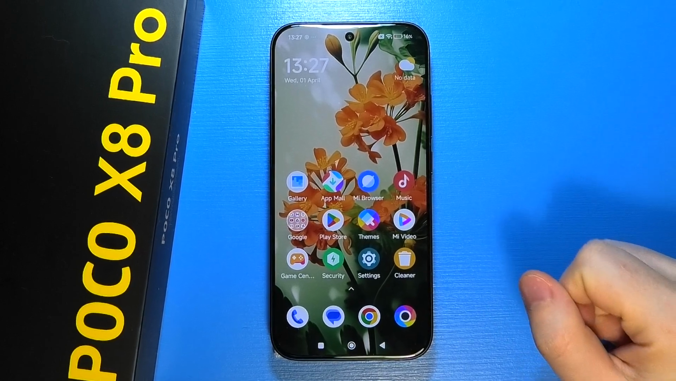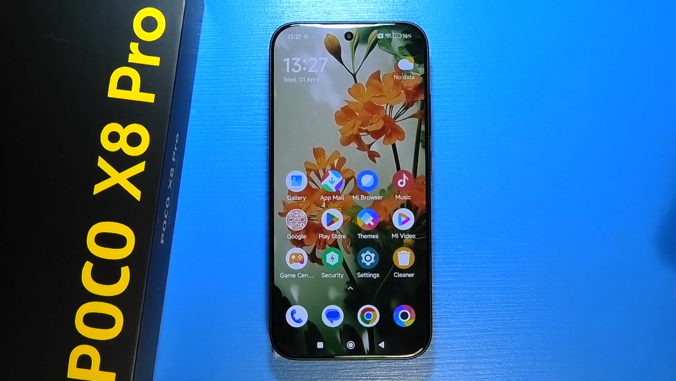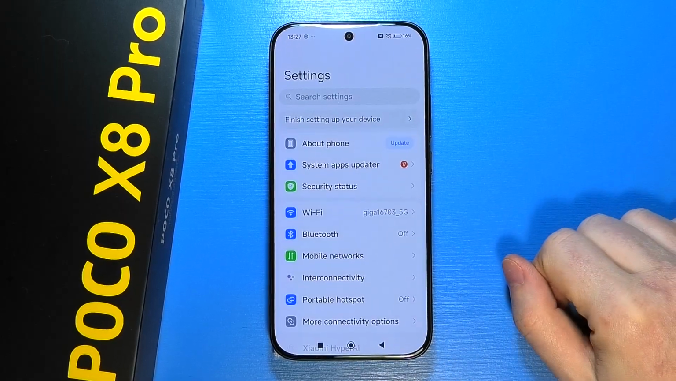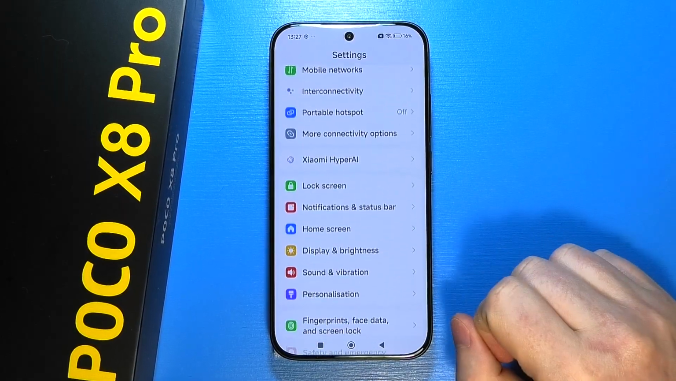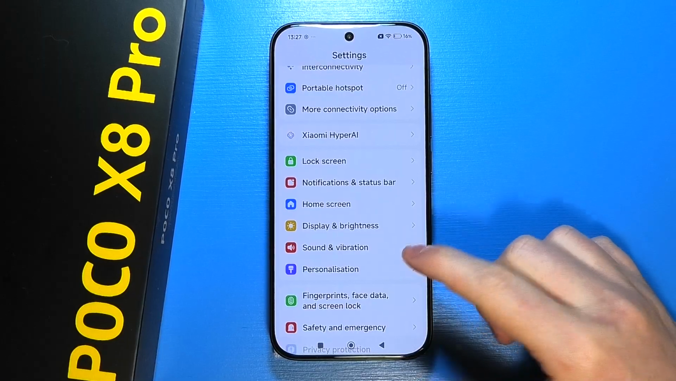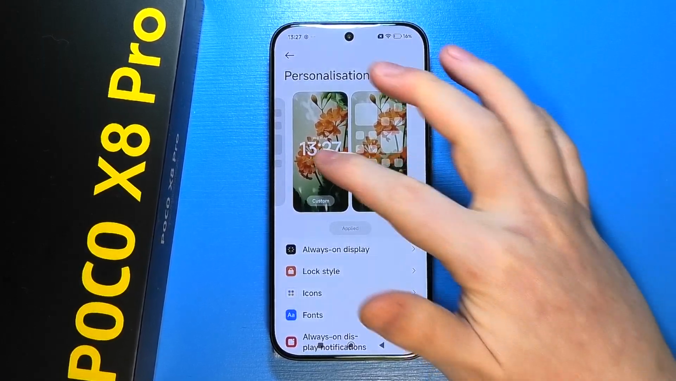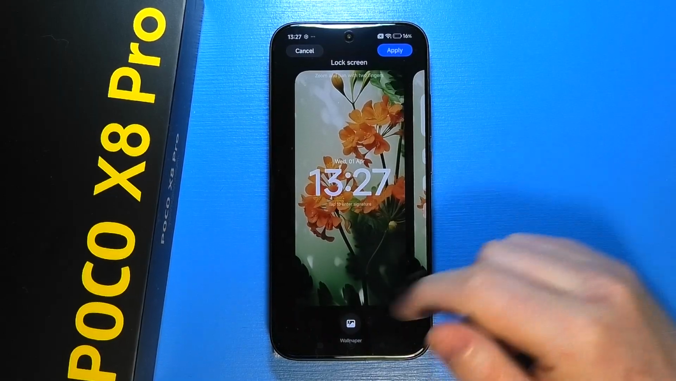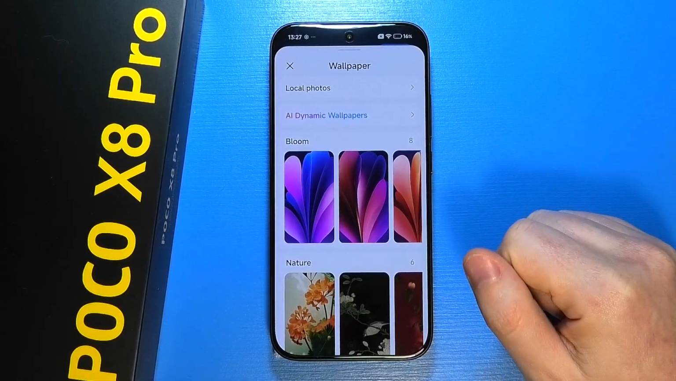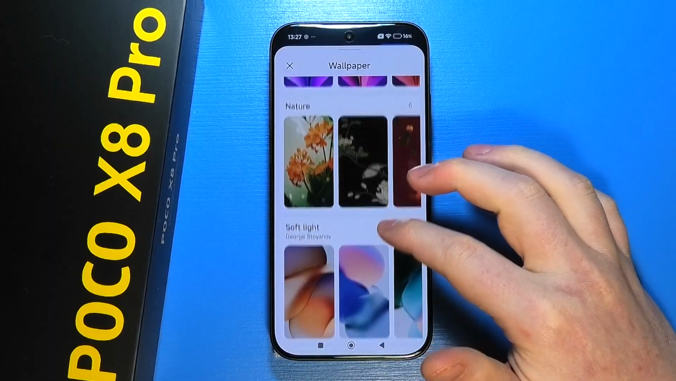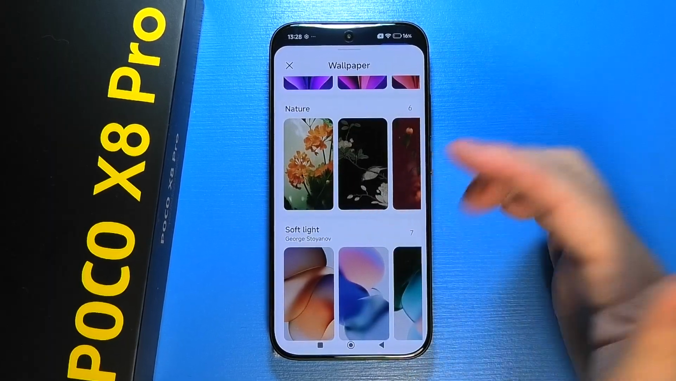To change wallpapers on POCO X8 Pro, first of all, you will need to open settings on your device. Next step is to scroll down and then we'll need to find the personalization. If you enter personalization, you can then click on the lock screen right here and then go into wallpapers. That way you'll be able to switch between different wallpapers for your lock screen, but if you select, for example,